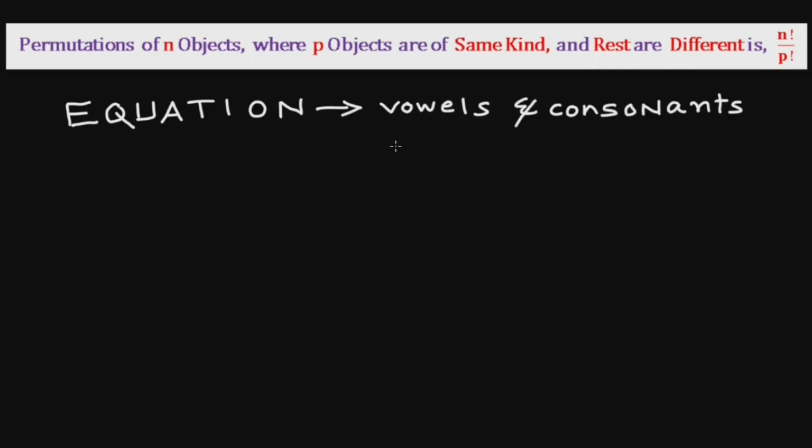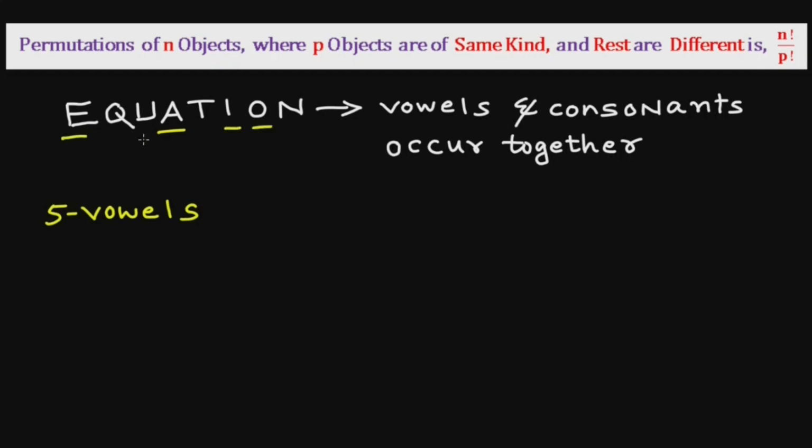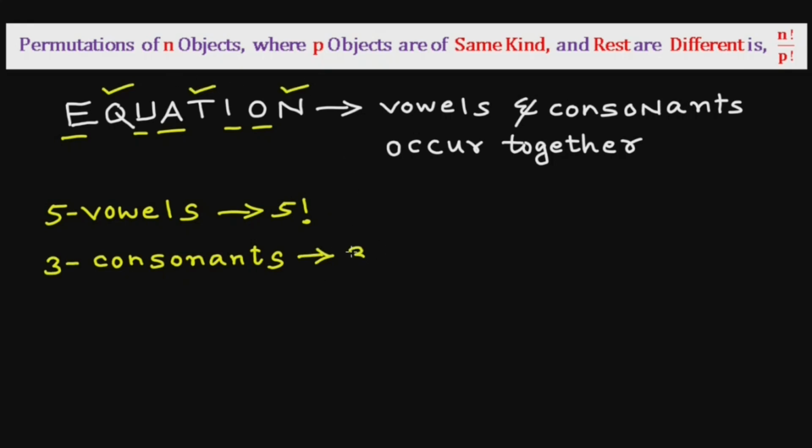How many words, with or without meaning, can be formed using all the letters of the word EQUATION at a time so that the vowels and consonants occur together? There are 5 vowels A, E, I, O and U, which can be arranged amongst themselves in 5 factorial ways. There are 3 consonants Q, T and N, which can be arranged between themselves in 3 factorial ways, and one